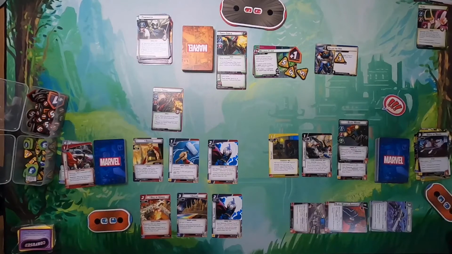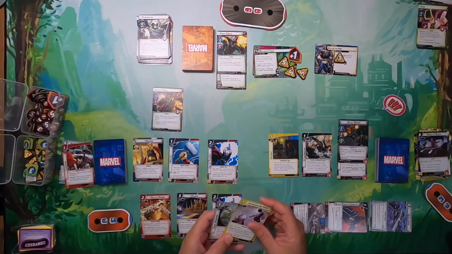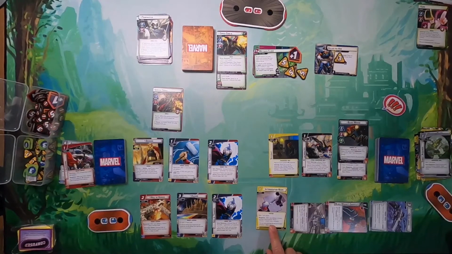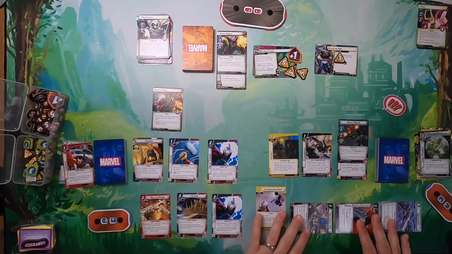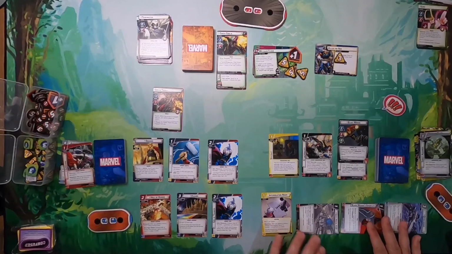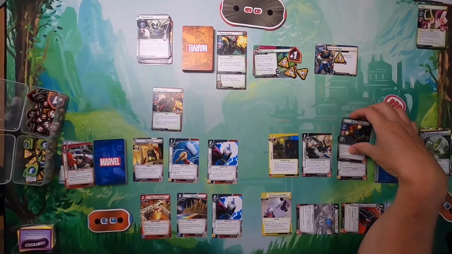Okay, hero action, hero action. Then I'm going to play this to get Interrogation Room out here. After you defeat a minion, exhaust Interrogation Room, remove 1 threat from a scheme. Okay, so I should have done that earlier. I was not paying attention. Okay. Then let's